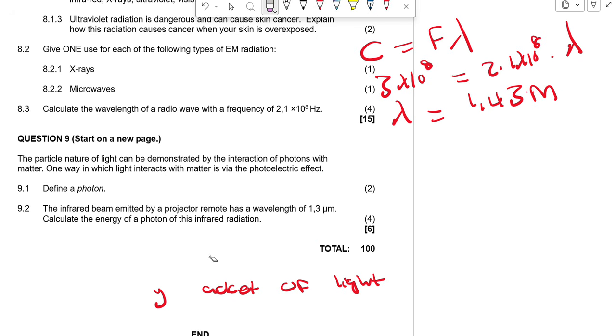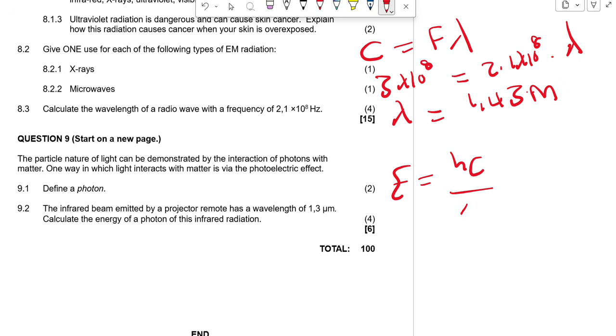And then 9.2, the infrared beam emitted by a projector has a wavelength of 1,3 micrometer. Calculate the energy of a photon of this infrared radiation. So it's simple. You know this formula: E is equal to Planck's constant multiplied by c divided by wavelength. h is there in your information sheet. That is 6,63 multiplied by 10 to the power of minus 34. What about c? Also there, it's a constant, 3 multiplied by 10 to the power of 8, divided by